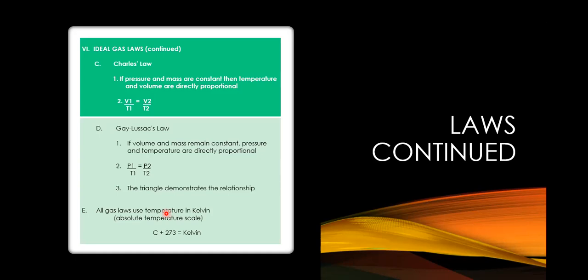What is C? Celsius. Celsius plus 273 is Kelvin. All right, so when we are trying to measure the temperature of a gas, it's not in Celsius or Fahrenheit. Gas is always measured in Kelvin, okay? So you must best believe that you're going to have a question that says, well, if I had a gas that was measured in Fahrenheit, what would that be in Kelvin? Okay, then of course you're going to have to go from Fahrenheit to Celsius, and then from Celsius to Kelvin, okay?